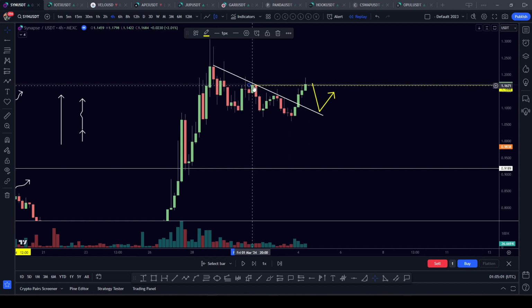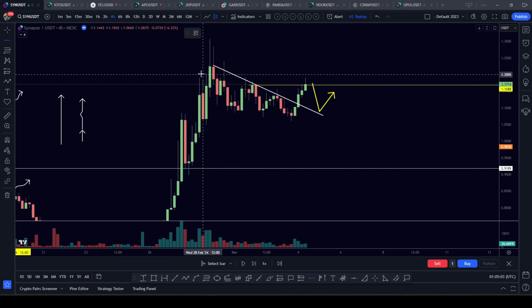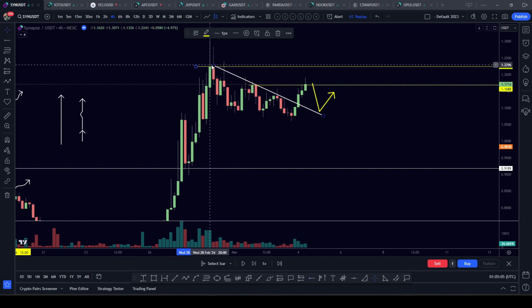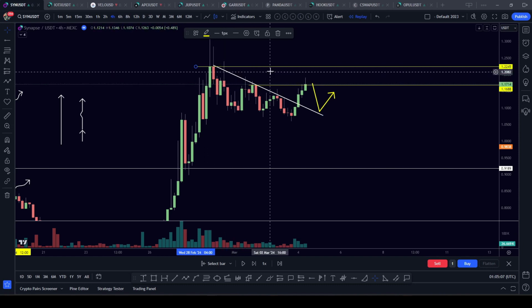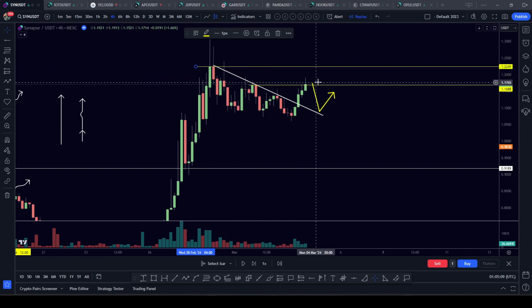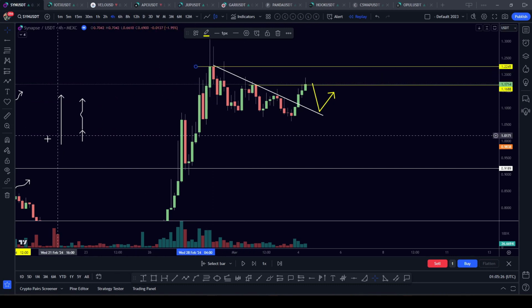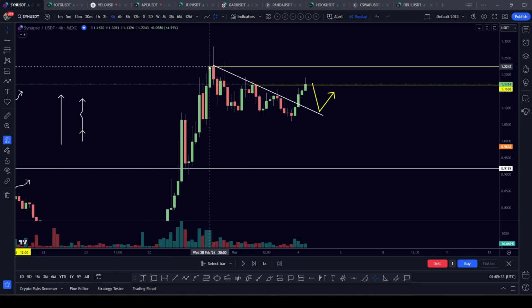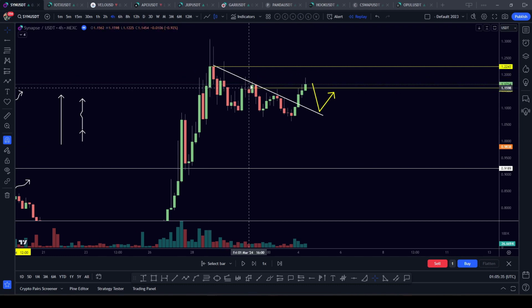This would be our level that we would have to watch. In addition to this level, this is more of a zone that it needs to break out of. If we were to enter in this zone, it's higher risk than entering up here. And I'm going off of the candle body closes. Now, whenever you do your lines, make sure to have your magnet tool on so you can be very accurate. So I'm just going to go ahead and place that again. And again, it's on the candle body closes.